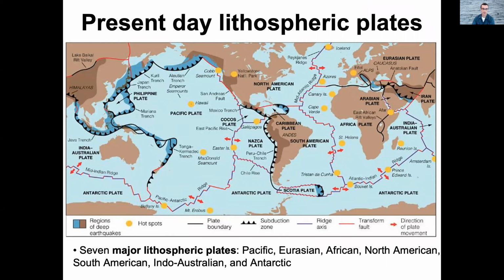So our main lithospheric plates, there are 7 of them: the Pacific Plate, North American Plate, Antarctic Plate, the South American Plate, the Africa Plate, Eurasian Plate, Indo-Australian,